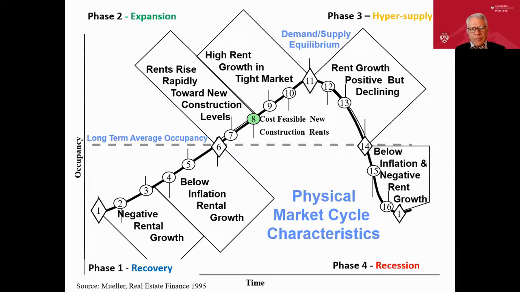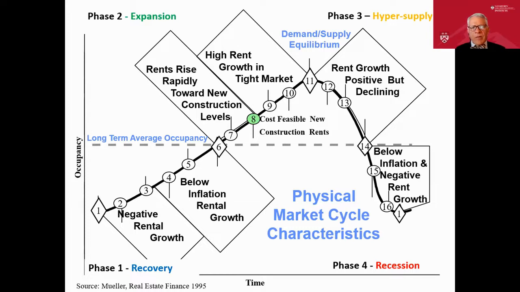And you'll see that based on where we are in the cycle, we should have a good idea of where rents are going to go. So at the bottom, when you've got low occupancy, high vacancy, points 1 and 2, you've got too much product and you're going to have negative rent growth. Okay. You're going to drop your price to get the space occupied. As we come through the second half of that recovery, we're getting rent growth at a rate that's below inflation.